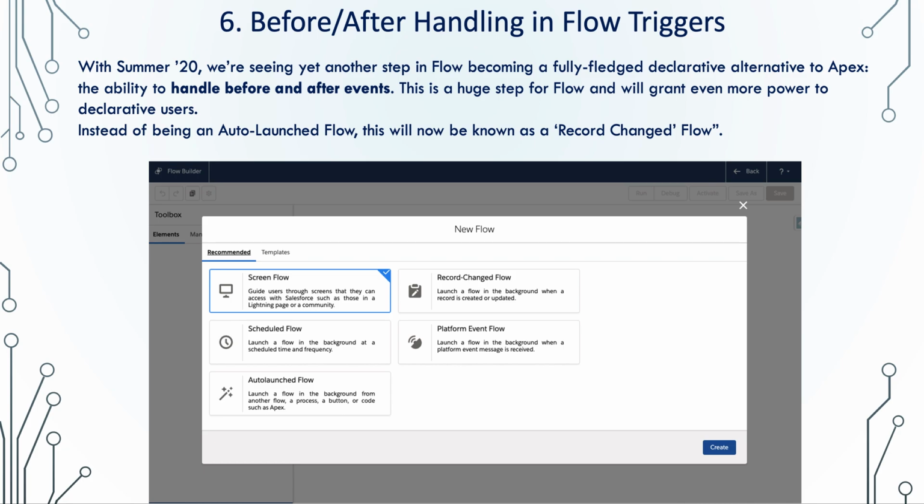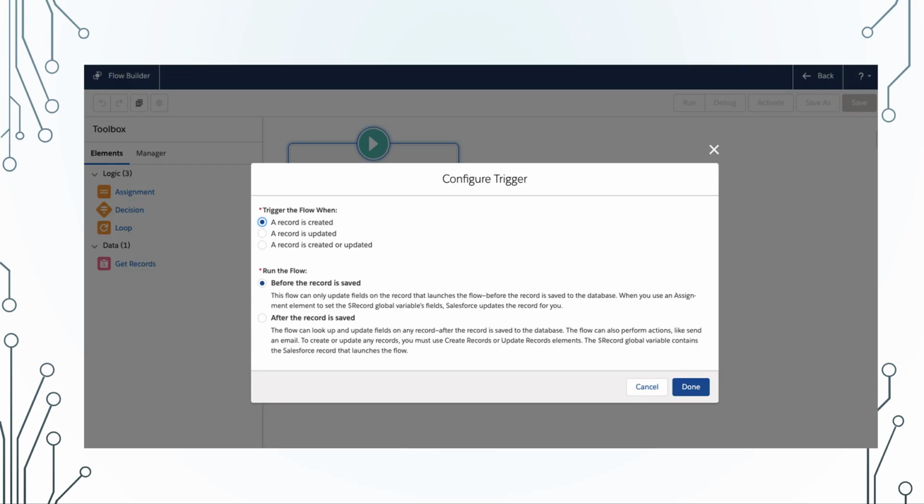So if you see, earlier we only used to have options like whether you want it to be an autolaunched flow or a screen flow. Now you have a record change flow. When you have the record change flow, you can define whether you want it to be executed after or before any event.